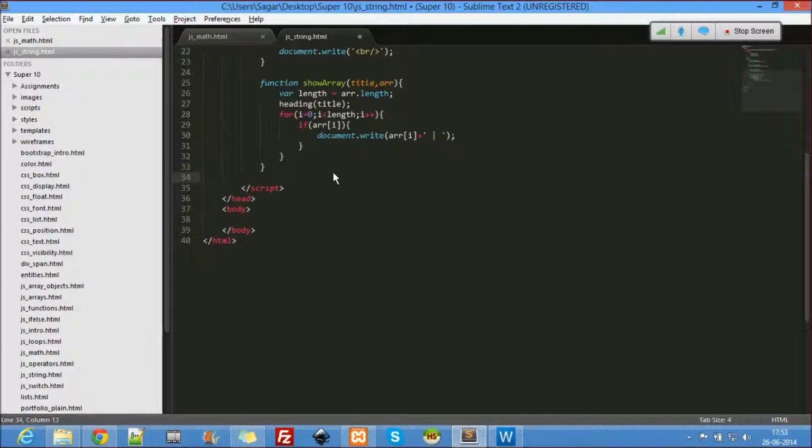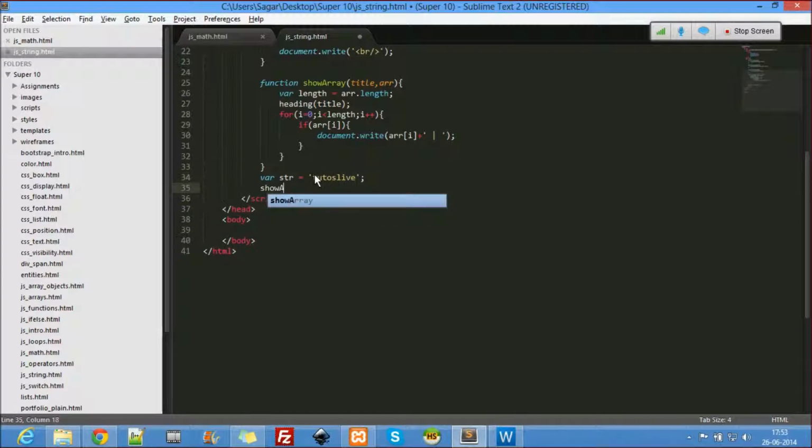Now let's see. I said var str equal to Tutors Live. Let me use a small t here.